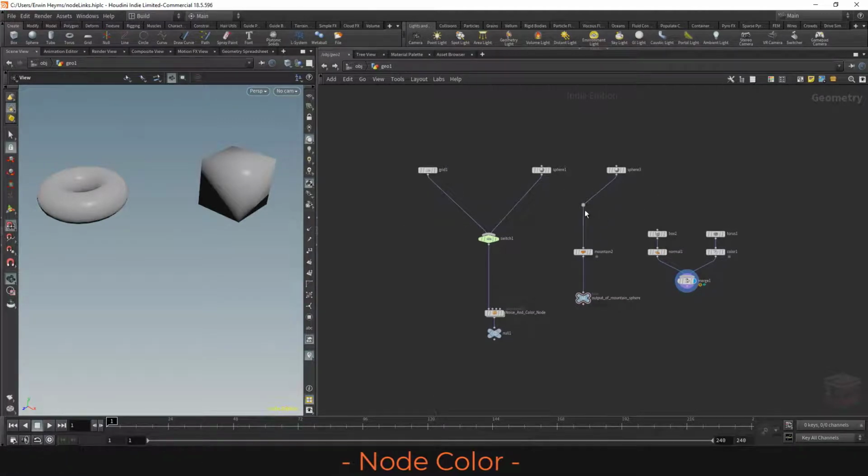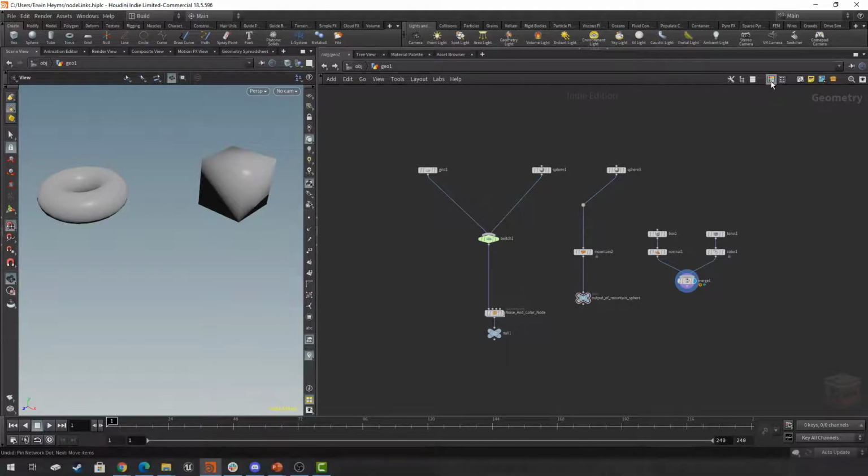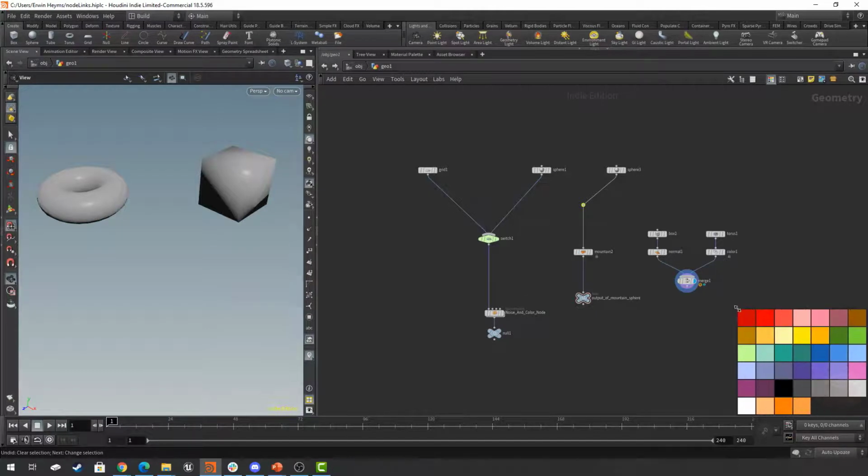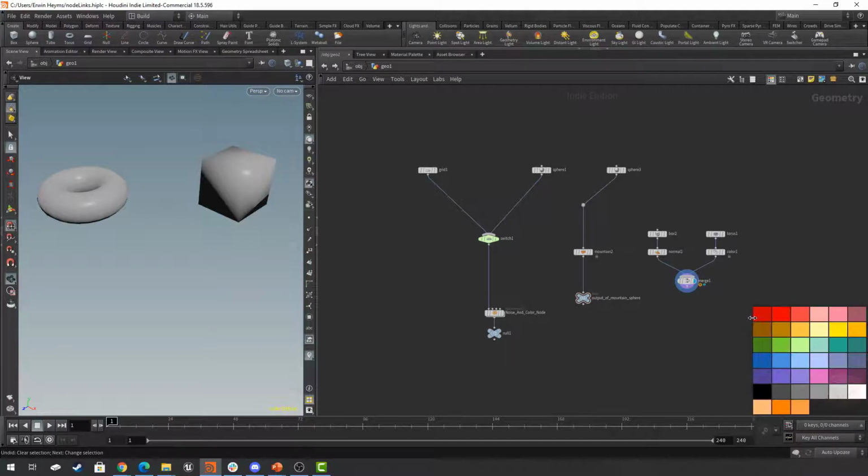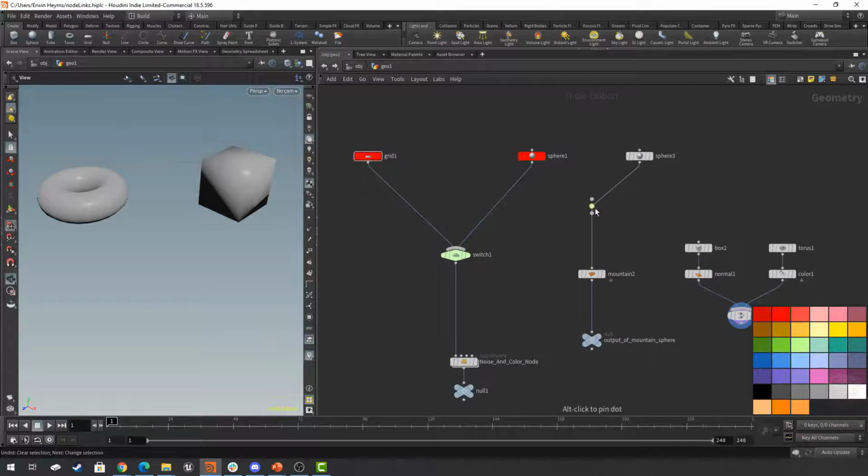Other ways how we can organize our nodes is by giving them a color. Over here on top we have the color palette. You can also access this by pressing C. And the color palette allows us to add colors to our nodes. I'm just going to grab it and scale it up a little bit so it's easier to see. If we grab a node and then click on the color palette, we will change that node's color. Likewise, if we grab a dot, then we will be able to change the dot's color plus the line above